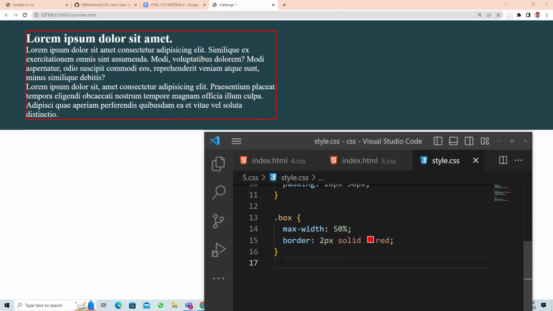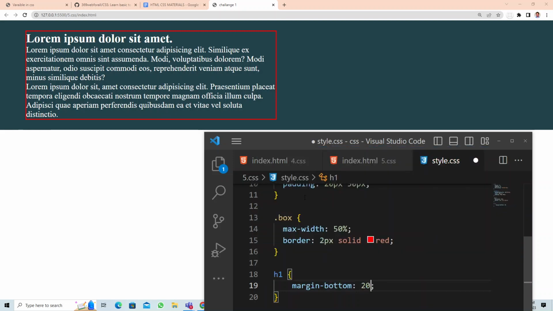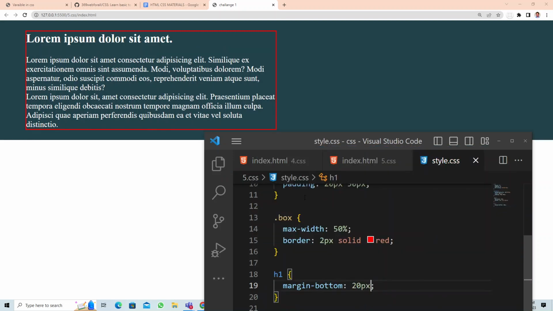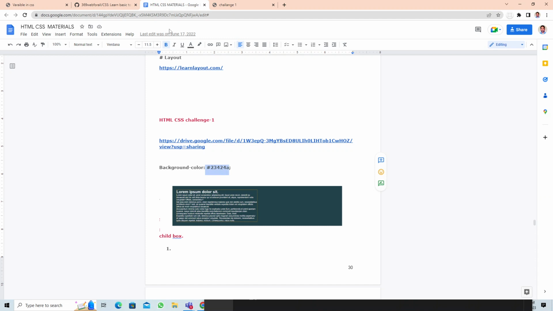And now you can select heading 1 and give it some space, margin bottom, right, margin bottom of maybe 20 pixel. Okay, so that's how we work, right? So you're gonna remove this. Okay, that you guys can try that, but first finish your freeCodeCamp classes, all that, and then from